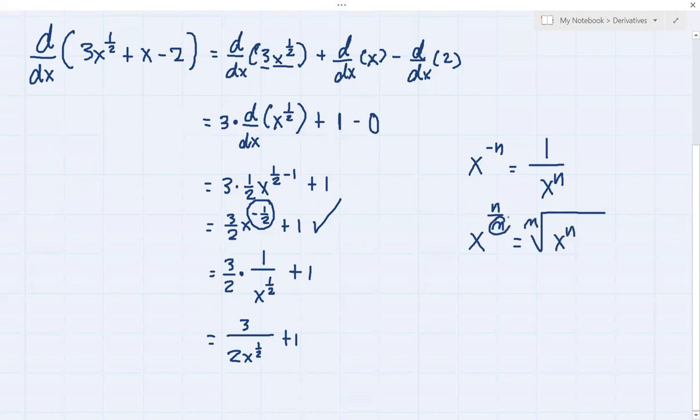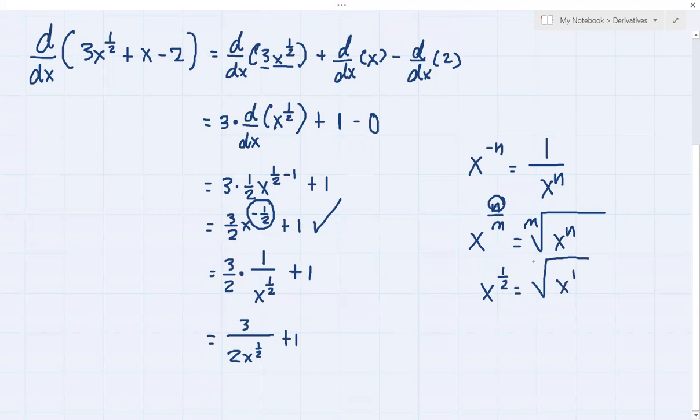Kumbaga, kung ano yung denominator ng exponent, siya yung nasa radical sign or nasa root sign. Then yung n, siya yung magiging exponent sa x mo. Okay? So, since we have x raised to 1 half, that means meron tayong square root of x raised to